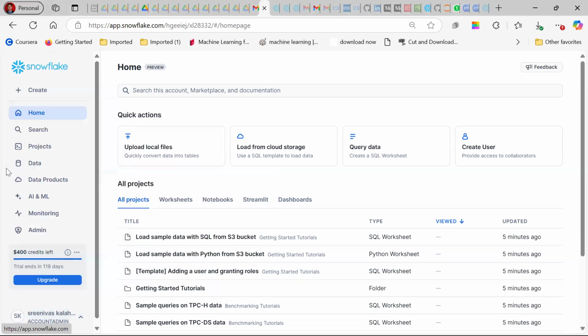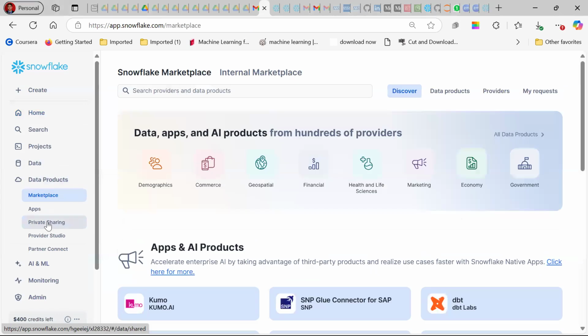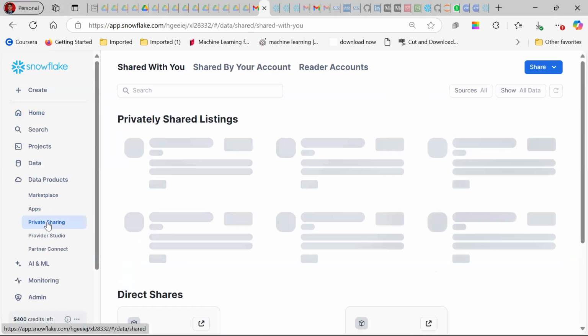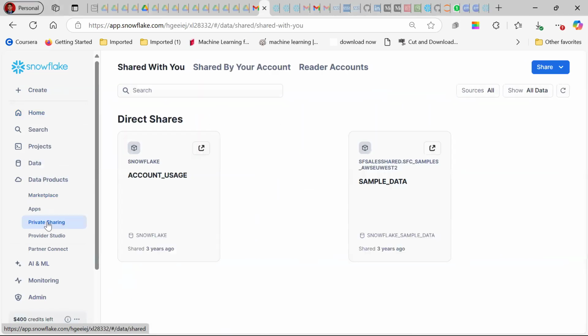Let me show you in the data products, private sharing. This feature can be managed by account admin only. And data masking, when you want to create a data masking policy, you need to be account admin only. So some of the activities can only be done by the account admin role,